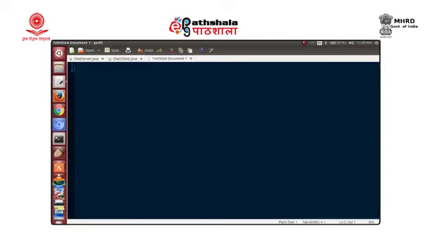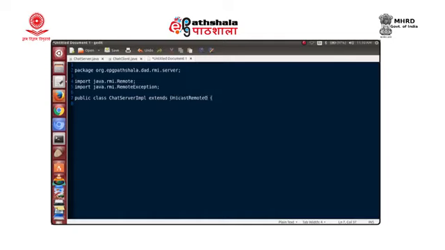For that, we will have a package called org dot. I think we can copy this part. We have the same package, and we have the interface. This will be a class being developed, the chat server implementation, and it extends. Now, when we are developing the implementation, it has to extend from unicast remote object, and it should implement our chat server.